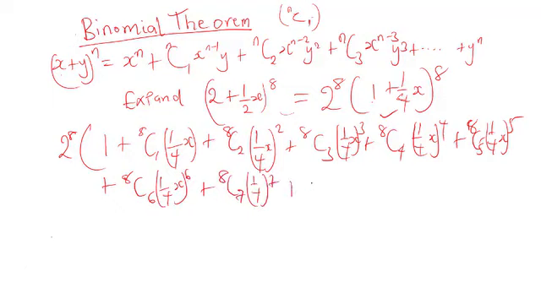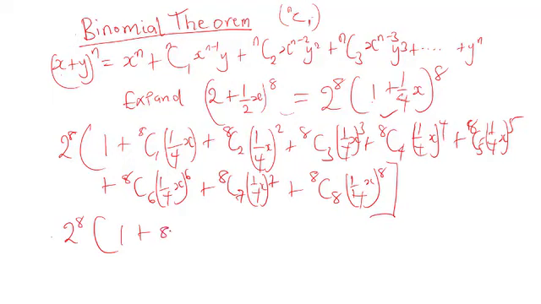And lastly, whenever the value of your n and your r are equal, you stop at that point. So the last one is 8 combination 8, 1 over 4x raised to the power 8. So we'll be stopping here. After expanding the bracket, we have 2 raised to the power 8 in bracket 1 plus 8 times 1 over 4x